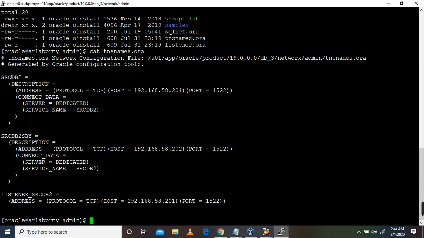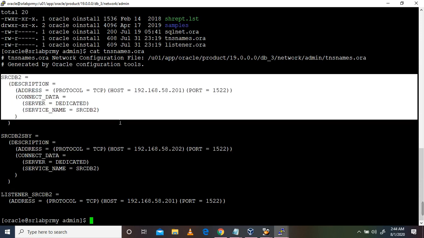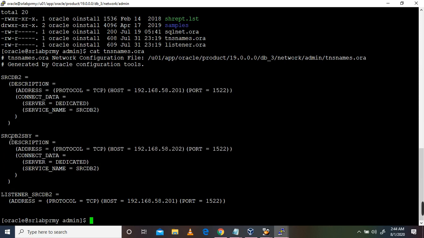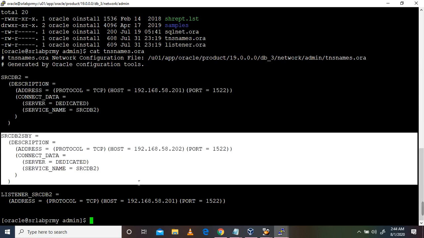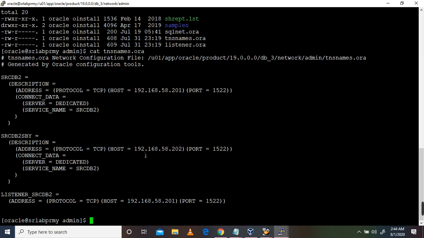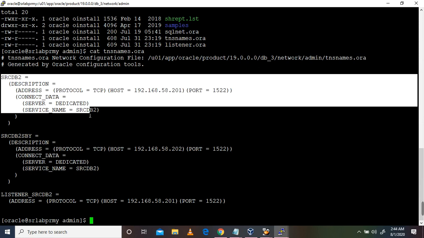Here I have already made up the entry. This is a source database. This is a target database, which has a different IP address, as you can see here. And I have mentioned the IP addresses instead of server names because it will be easy to duplicate. Okay, this is the source database, primary database.